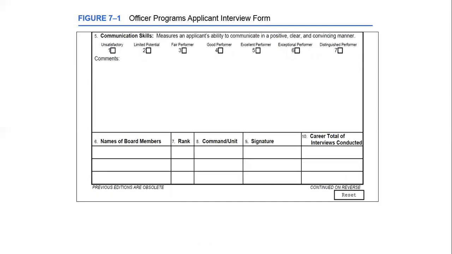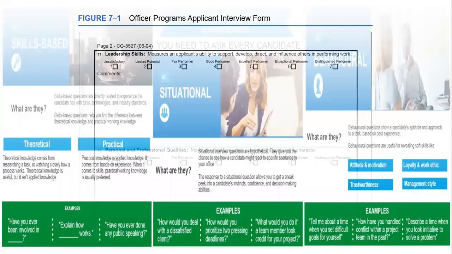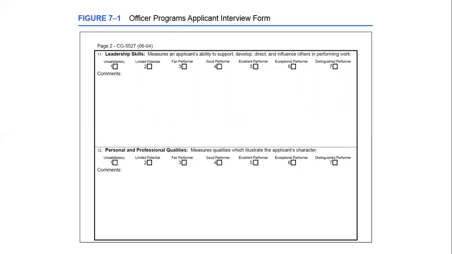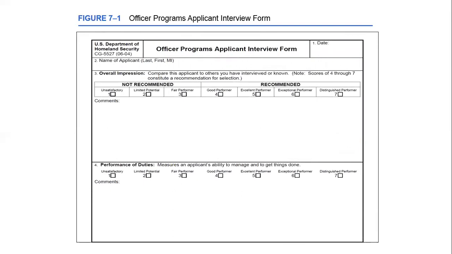इसी तरह उसके आगे communication skills, and then we can think कि जी अब कितने लोगों ने ये किया है, तो उनके किए हुए इंटरव्यूज में से हम फिर उनकी जो एवरेज है दैट वी हैव टू टेक आउट। लीडरशिप स्किल्स उसी में कंटिन्यूटी है, पर्सनल एंड प्रोफेशनल क्वालिटीज। सो इन these applicant interview form we have many areas कि वो start होता है किस डेट को हुआ, किसका हो रहा है, ओवरऑल इम्प्रेशन क्या है। बट द ओवरऑल इम्प्रेशन जो है ये बाद में कंसिडर से पहले जो पोर्शंस है,